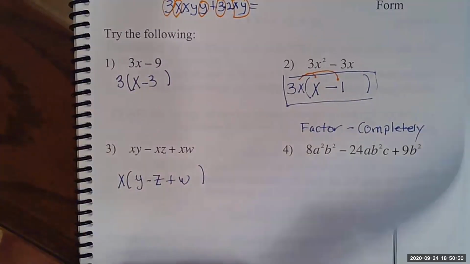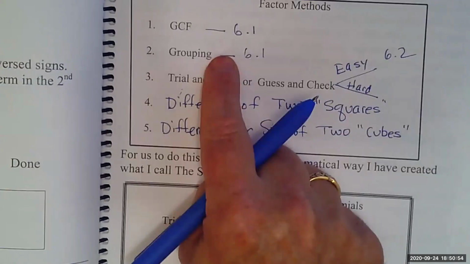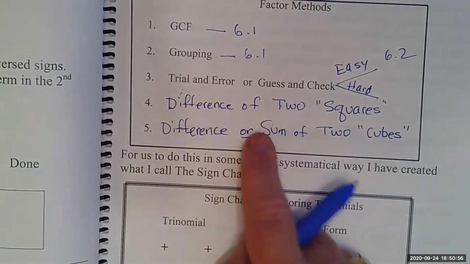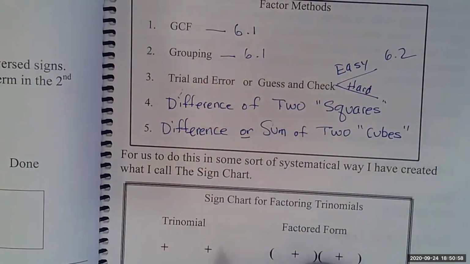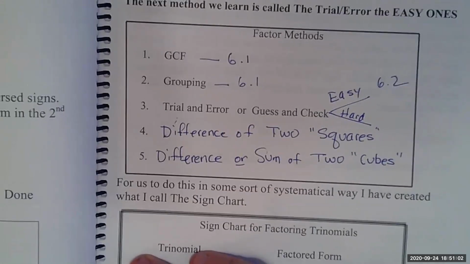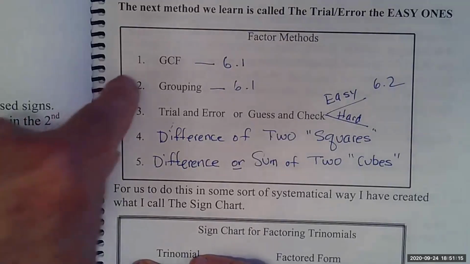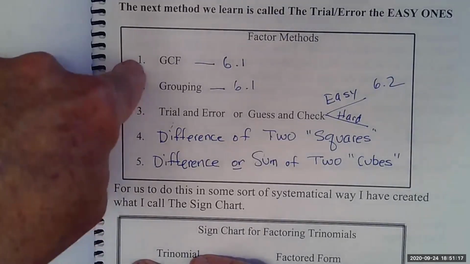What are the factor methods again? They're over here. Here's one factor method. Here's a second one. Here's a third one, fourth one, and fifth one. And by the way, when I put them here, its order is important. You know how PEMDAS order is important. Remember that? So for factoring, to make your life easier, remember, for every problem, ask if there's a